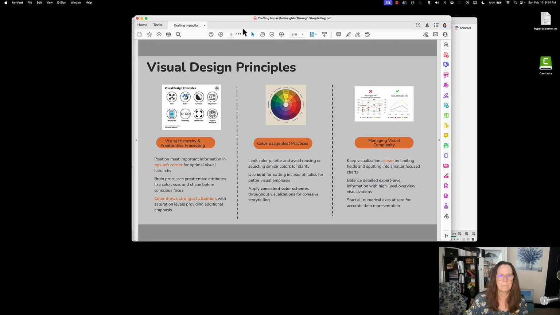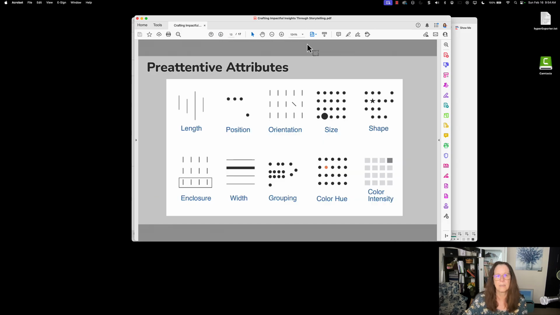the important thing. And it talks over here on the left side about pre-attentive attributes. And this is an example of some of the key pre-attentive attributes that we as humans notice right away. The length of something is important. The size is important. The shape. We notice those differences. Our eyes just go to that before we're even focused on the chart and reading it. The other thing, the number one, is color. And so here you can see an example of color also. So just keep that in mind when you're designing your charts.